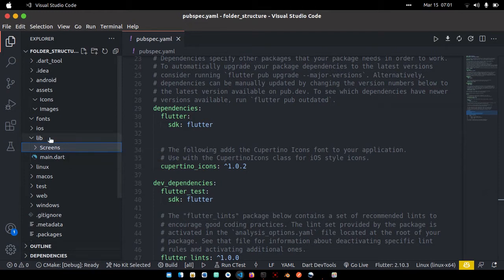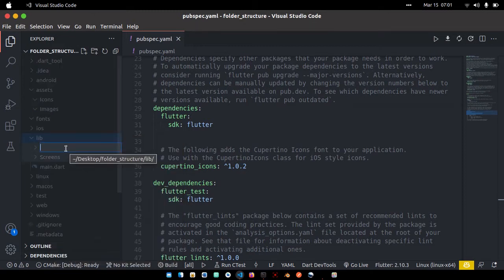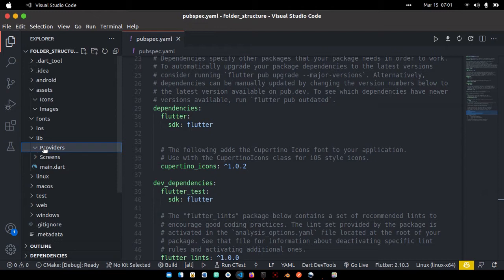Now remember, my preferred state management is actually provider, and sometimes I use Riverpod, but I use provider a lot. So the next course that is coming up is going to be on provider, REST API, file structure, and you guys are going to love it. So just stay tuned. What I normally do is create a providers folder here. This is where I write all the providers that communicate outside my Flutter application,